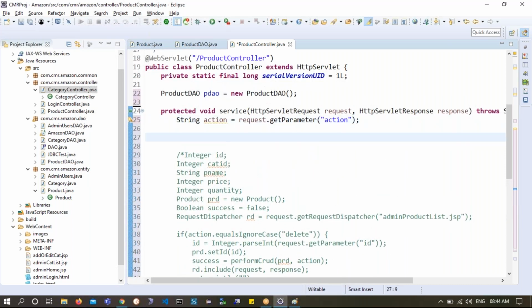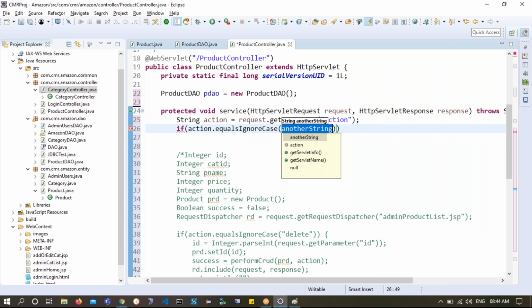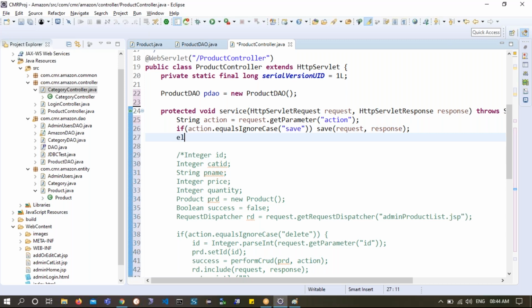So here I could say, okay, if action dot equalsIgnoreCase of save, you have to call save of request comma response. You are simply giving the work to that save. So else